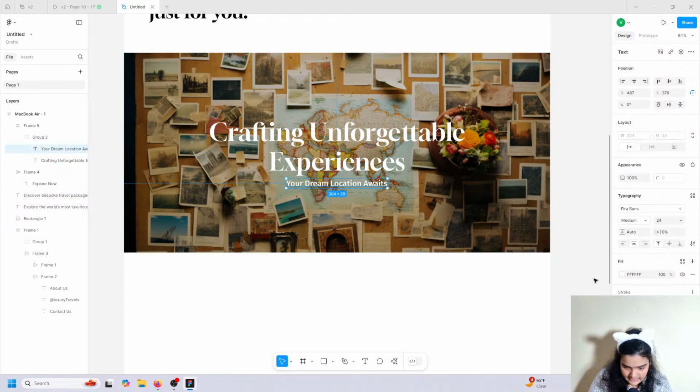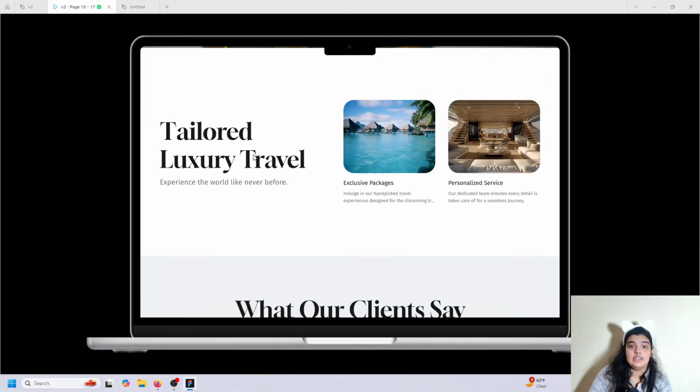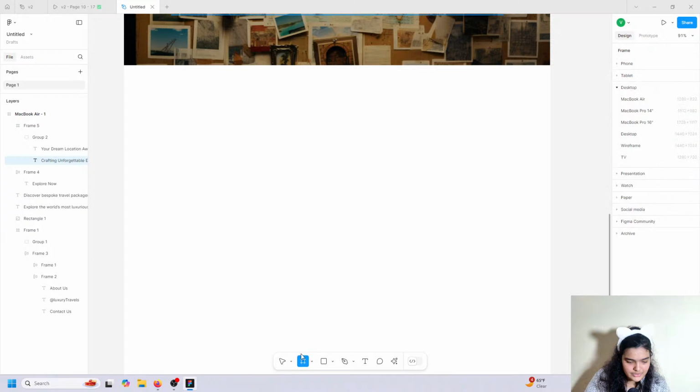Obviously add a little bit of depth in here with the drop shadow filter. Very, very simple stuff, and just really easy to get started with. Obviously the next thing we're doing is the section with all of these different travel packages. So to get that done, we're going to create a new frame,